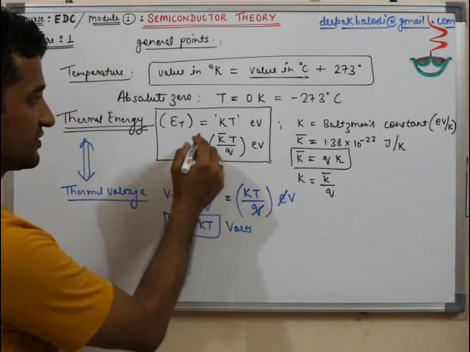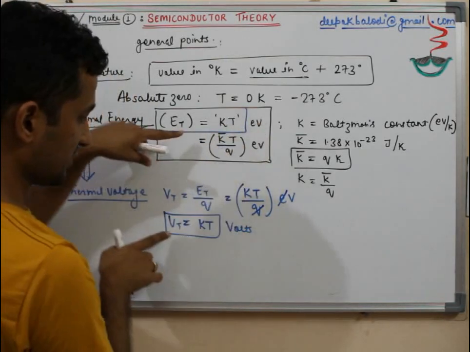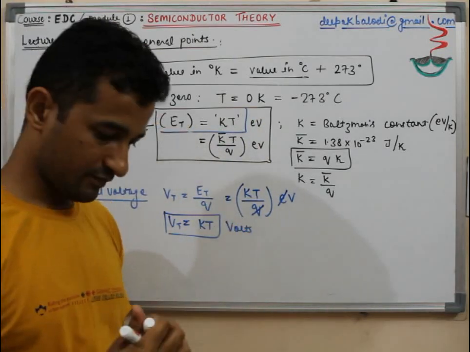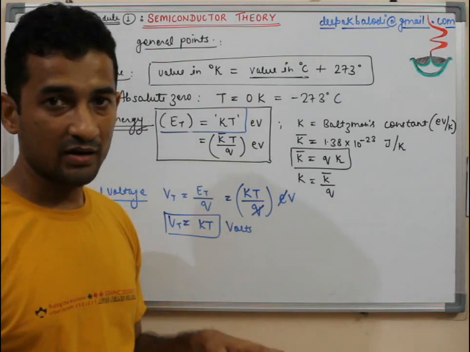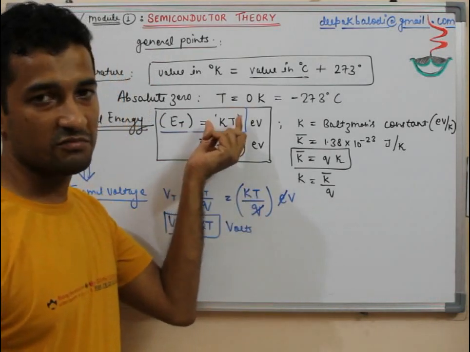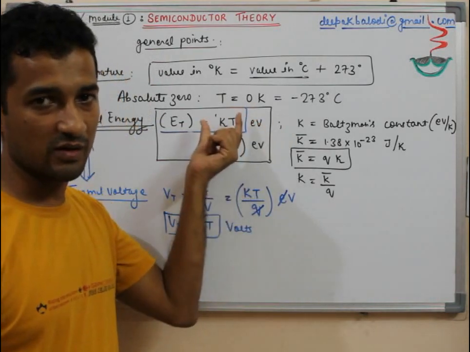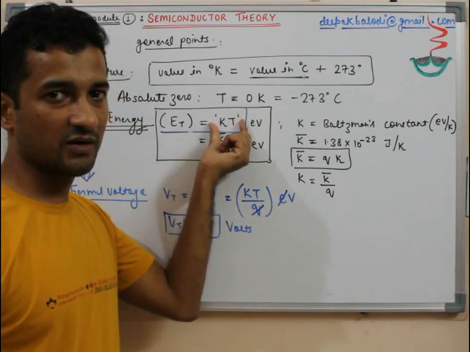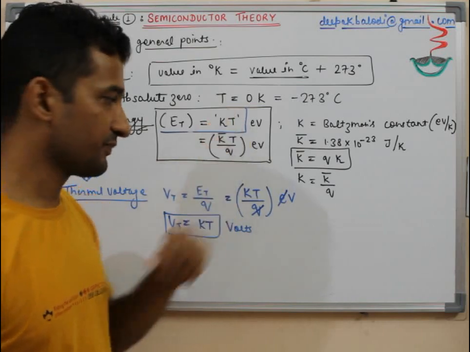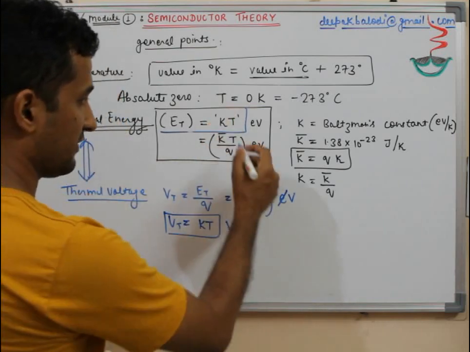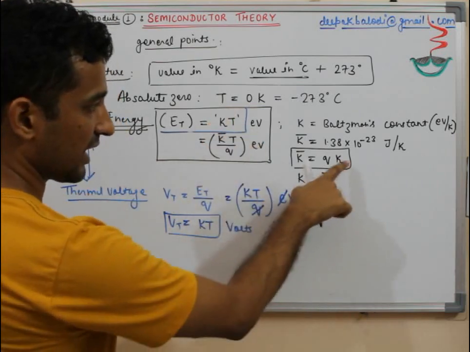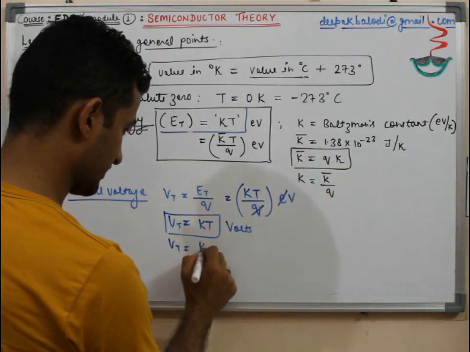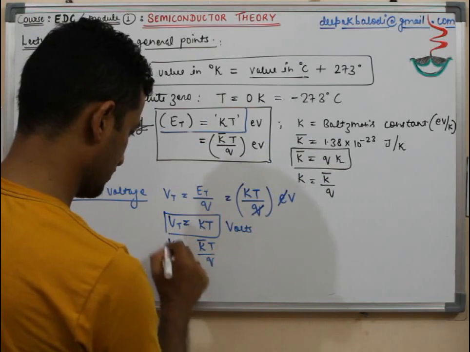So interestingly, these two things are exactly the same, but if you are making a notion of energy, then this would be called electron volts, and then it will be energy. But if the same thing you call only volts, then that will correspond to thermal voltage. And if we want to use this, then k anytime could be written as k bar q. So Vt can also be written as k bar T by q.